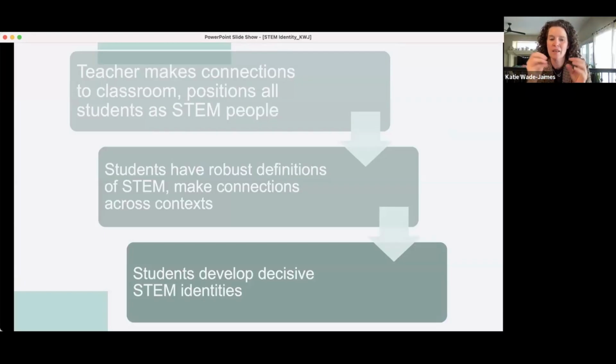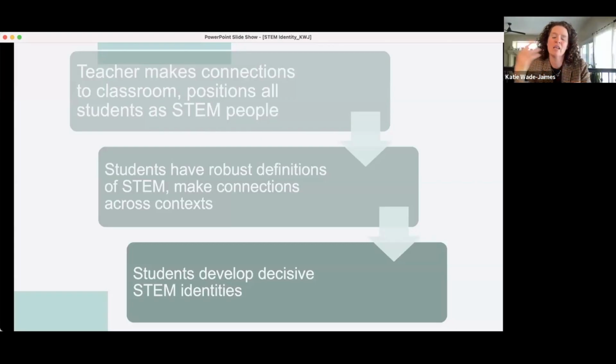So we interviewed 30 different students who were in a STEM club about their STEM identities, right? And so in this study, we were looking for what is more impactful on the student's identity, what is having these impacts. And we saw that about half of the time, the students had a really decisive STEM identity. So we said, are you a science person? And they said, yeah. And we said, okay, why? And they said, because I like to do science, I like to explore, I like to do all of these different things.